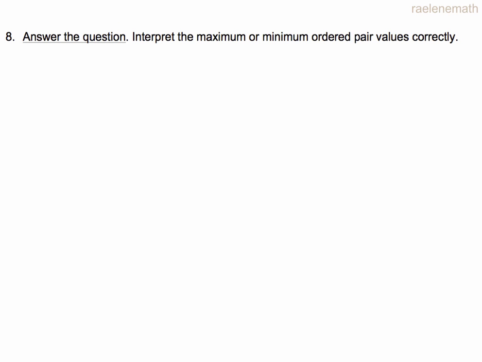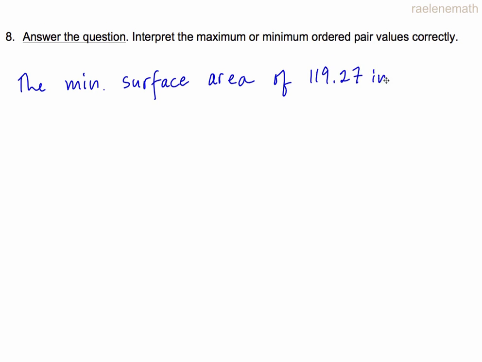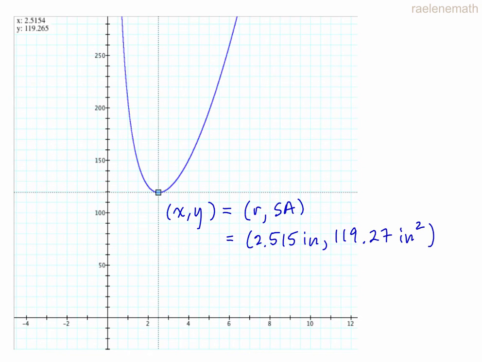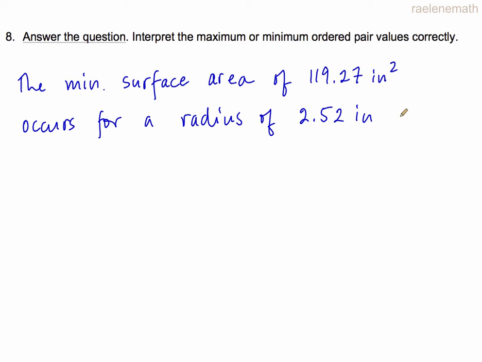We were asked to come up with the dimensions of the cylinder. So the minimum surface area, now we weren't asked to calculate the minimum surface area, but if you're unclear, you can do it in a hidden way. The minimum surface area of 119.27 square inches occurs for a radius, which was the x value, of 2.515. Yeah, so 2.515 or 2.52 inches, and a height